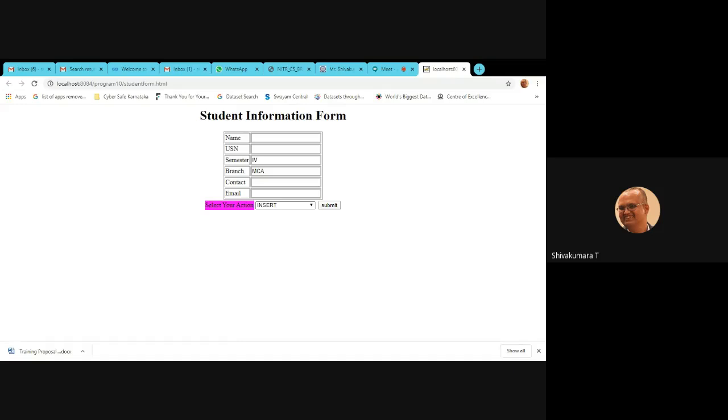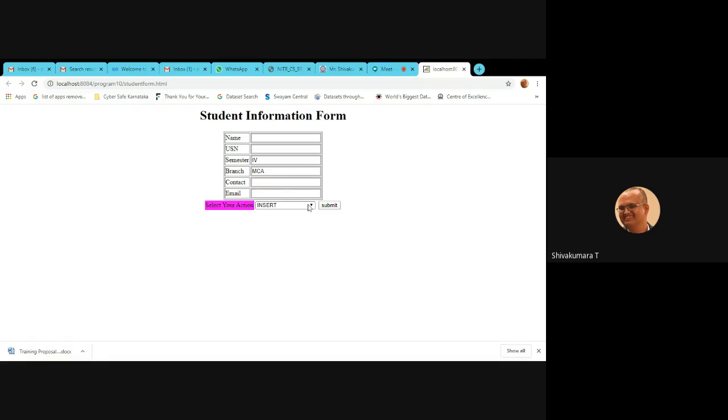So insertion, adding a record into the database, updation, modifying the content of the data row, deleting the rows of a database, and displaying the content of the database table. These are the 4 operations you are going to perform.